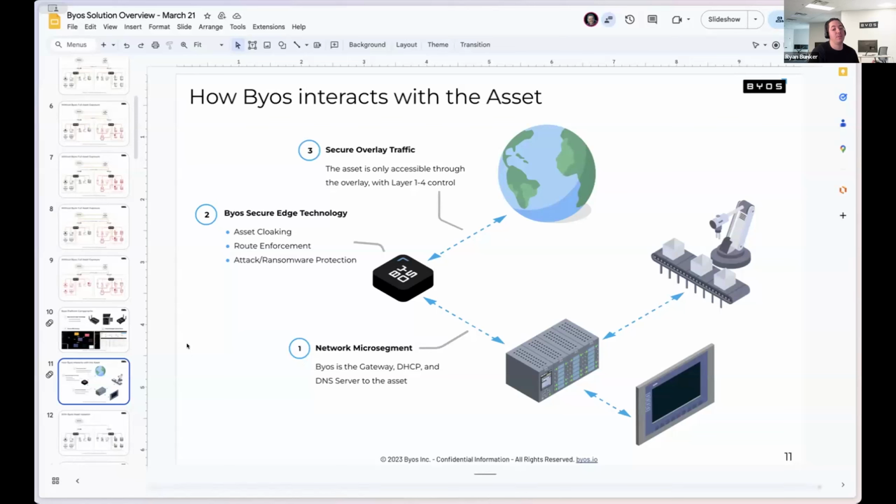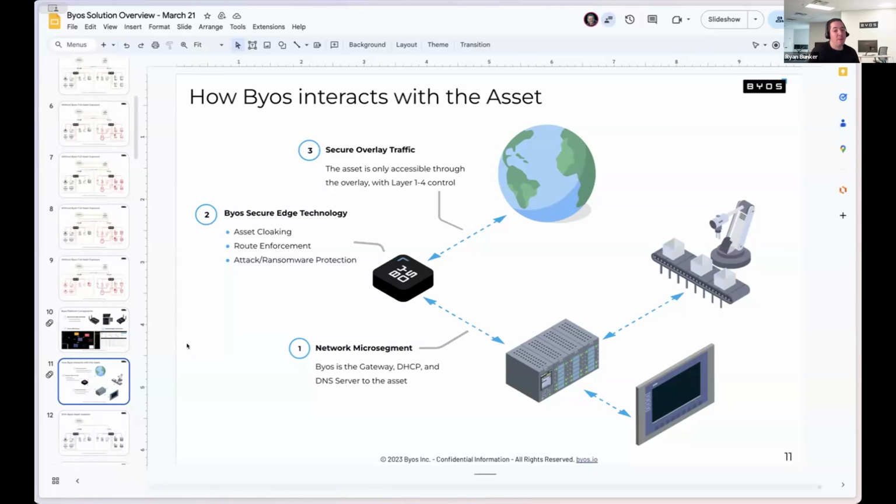We make it invisible because that asset is no longer connecting to the network physically with its networking card, right? BIOS is facilitating that communication connection to the network on behalf of the asset, and every piece of traffic that is touching either the network from the asset or touching the asset from the network has to go through the BIOS